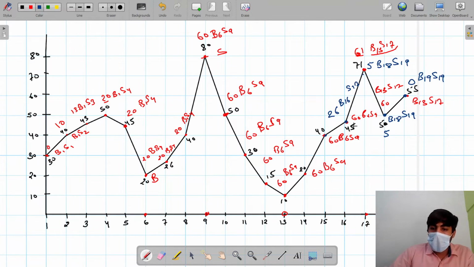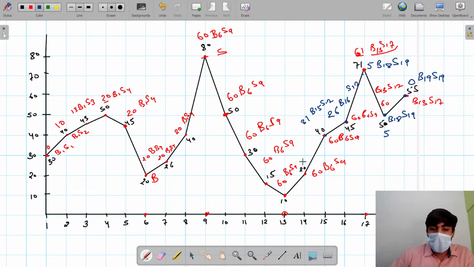Let's move forward. Here we find out today's price is 40 and the maximum price is 71. So we get a profit of 31, buy at 15, sell at 17. And this one is the maximum overall profit which we get in future. As you can see, if we move forward we get 26 profit, or 5 rupees profit. So 31 is greater than all of these, so we put 31 here.